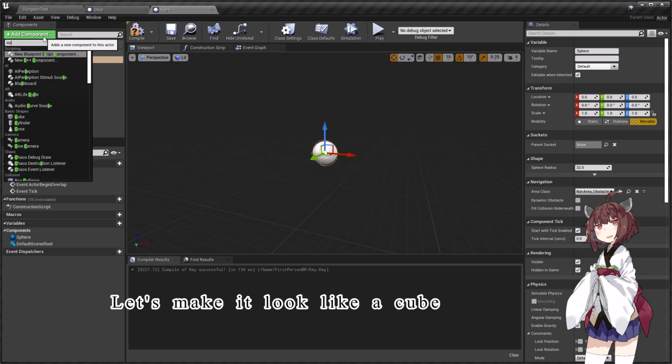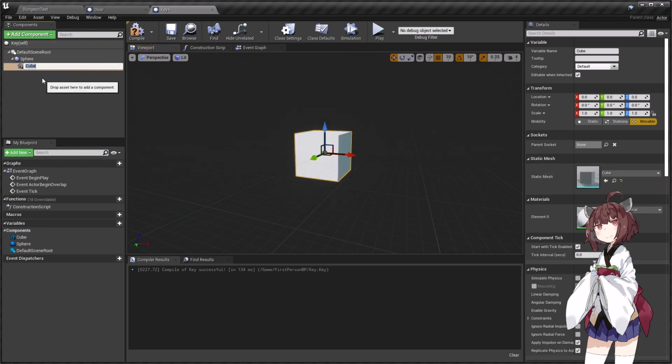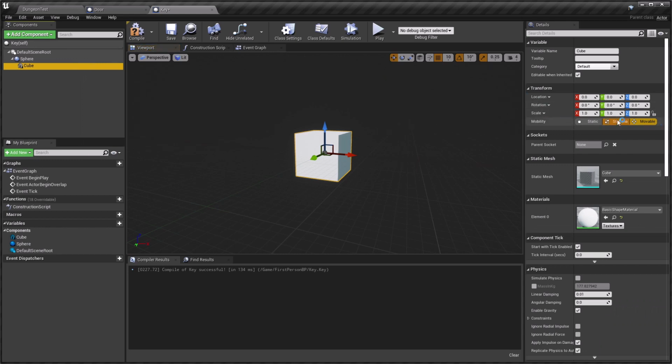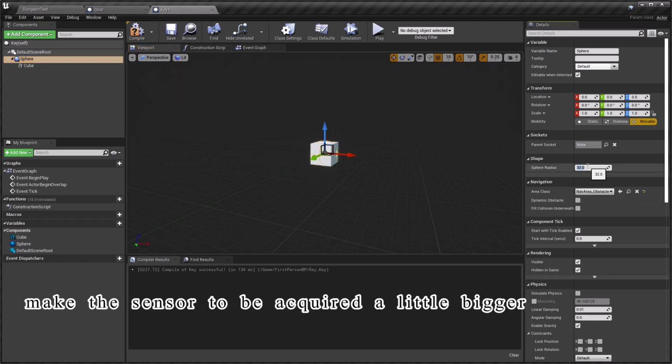Let's make it look like a cube. Make it a little smaller. Make the sensor to be acquired a little bigger.